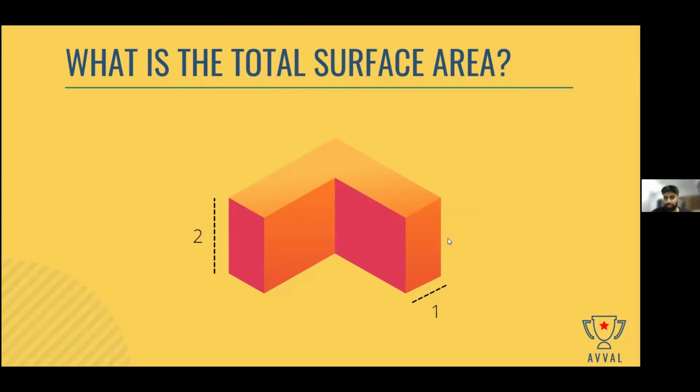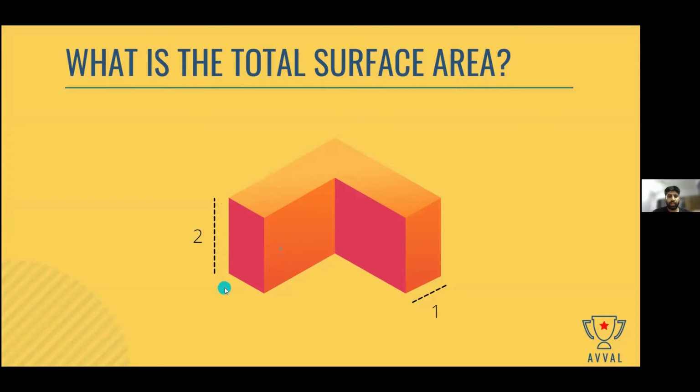So I've written down the areas of each of these surfaces. Okay, and I'm going to tell it to you again. So the area of these squares is 4 each, and then combined the area of these 2 squares is 8, and then the rectangles on the side, the area of this is 2 and the area of this is also 2, so 2 plus 2 is 4. Okay, and the third surface is this L-shaped surface. The area of this surface is 5, and then the area of the surface at the bottom is also 5, so that makes it 10.